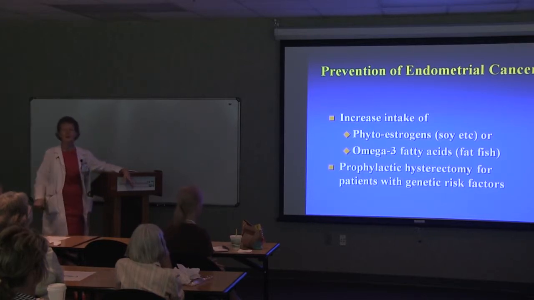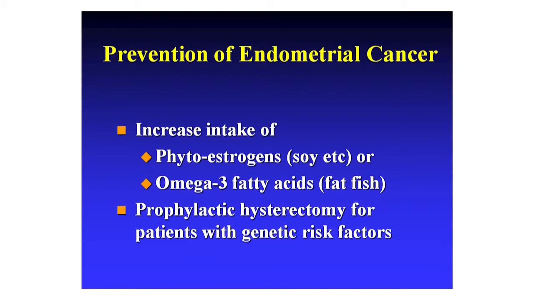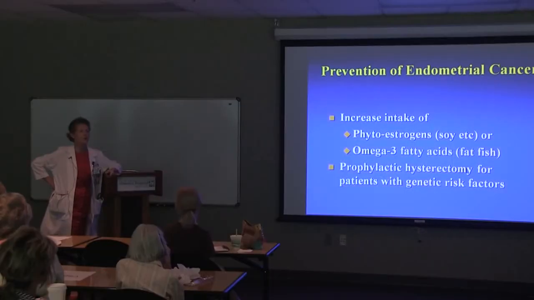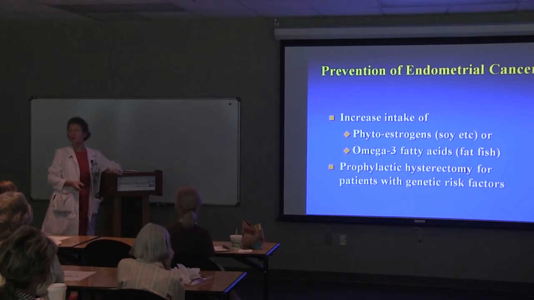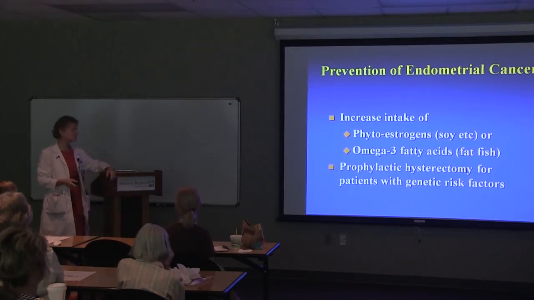There is some data that perhaps taking phytoestrogen may help decrease the risk. So those are all the soy products, the black cohosh and things like that. We still need to learn a whole lot about that. The same thing with the omega-3 fatty acids, so that would be the salmon, which has a lot of beneficial effect for heart disease and things like that too. But again, these data are from those kinds of studies. Remember I talked to you before, cohort studies, where it's hard to get a really definite